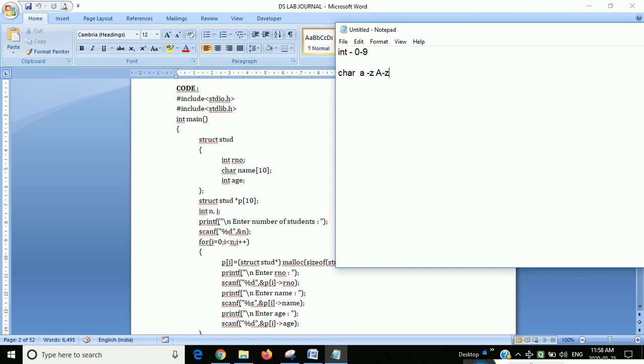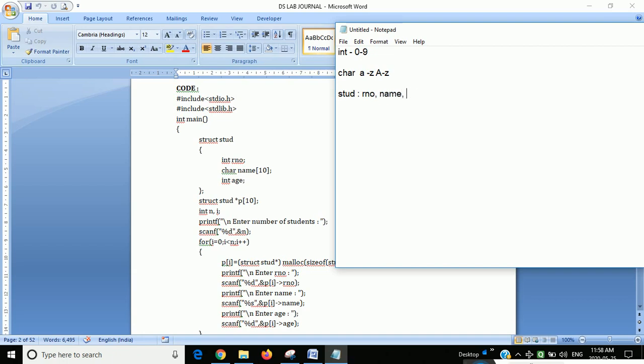So these data types have some special features. In the same way, we are creating our own data type. That data type is stud, and in it are roll number, name, and age.